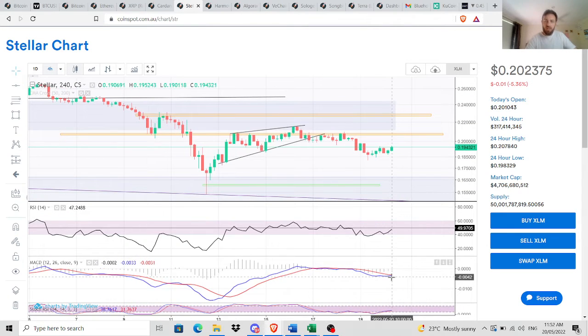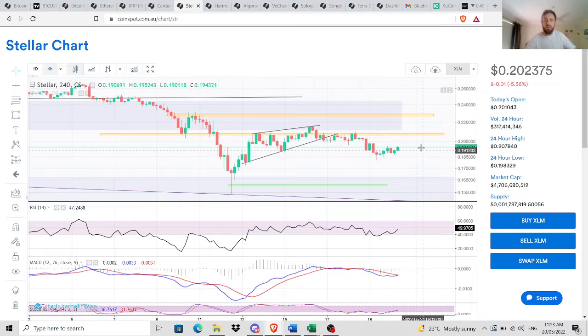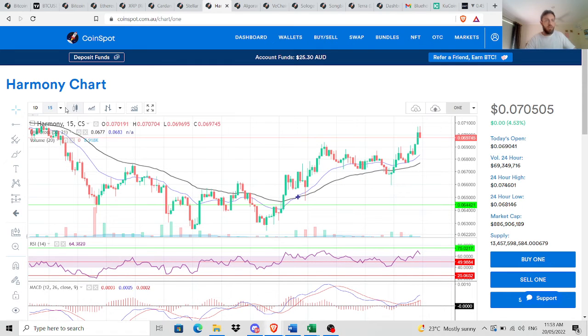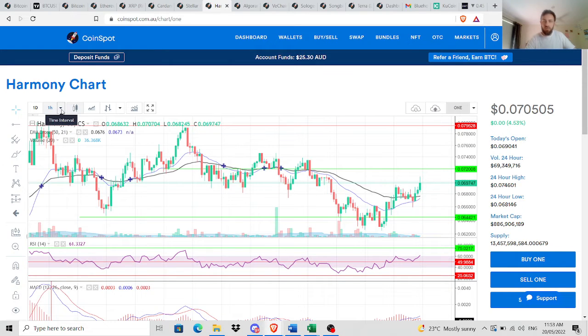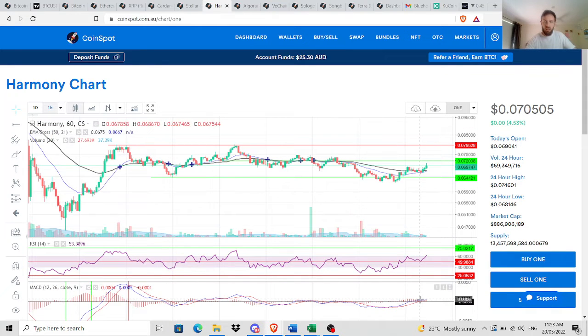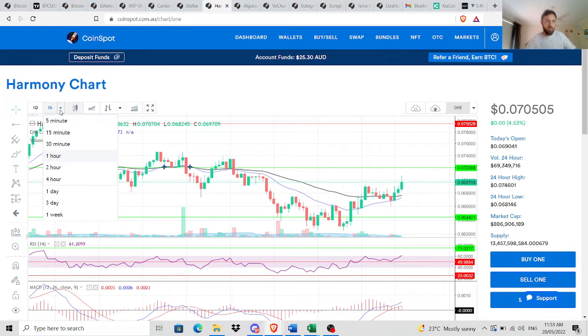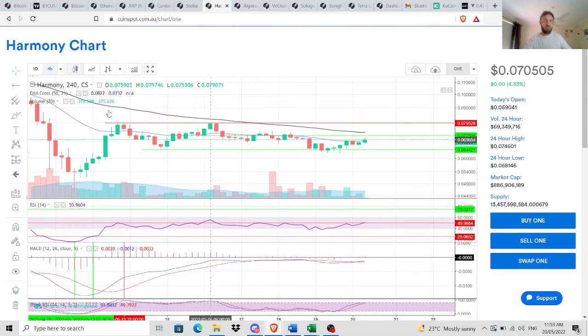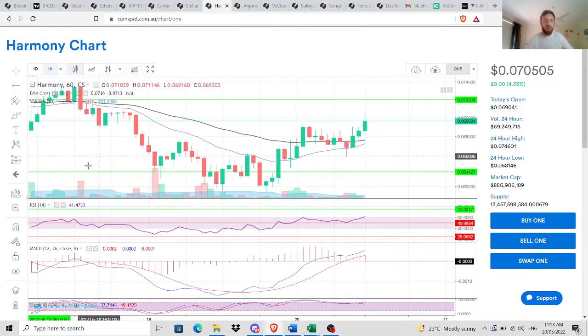So unless we actually cross up here and push up above the 50, we're not breaking any resistances. Okay, harmony on the 15, because I'm trying it out on all time frames. Okay, so it looked good, but we're now getting rejected by this area. We're now topping out, and if we top out and push down, it's going to be very bearish. Okay, and we're still under that 50 on the 4 hour. We're still under the 50s on the momentums. So even though it looked super bullish, zooming in that far,